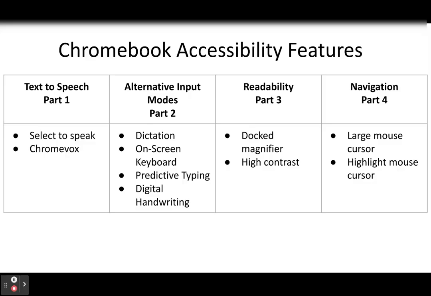This video is part 2 of the Chromebook accessibility features, and it is going to be about the alternative input modes that are available to you for entering information when you're using your Chromebook, rather than just using the keyboard that is on your Chromebook. Some of these tools or features are the dictation tool and the on-screen keyboard, which allows for predictive typing and